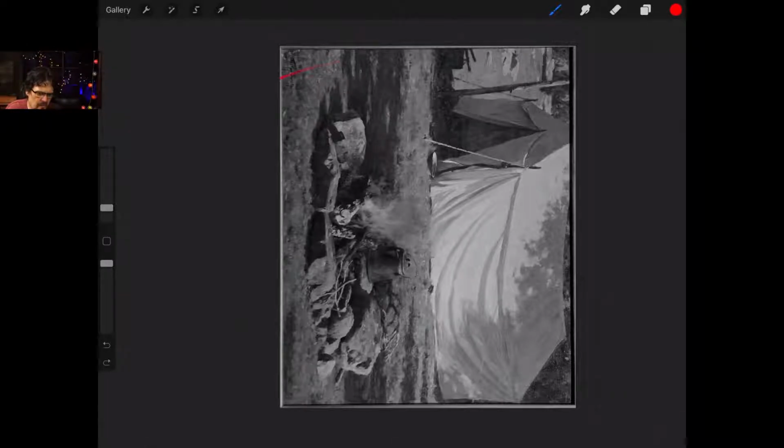And then we have the gray, which would be the grass, the rocks, even the shadow on the white tent. And then a little lighter back here. And then we have the white, the very light, maybe even some of those rocks back there.